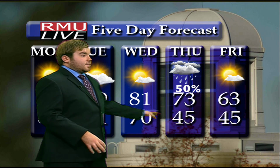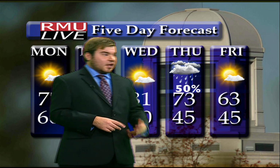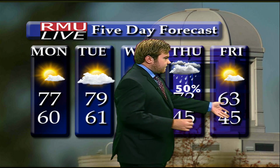A cold front's going to be coming through the area, and those temperatures are going to be increasing. Now, you're going to be noticing humidity creeping up too. For Thursday, I have a chance for showers in there. What's going to happen is Thursday morning, we'll be seeing a chance of rain. Heavy showers possible throughout the afternoon, but then look at the temperature overnight by Thursday night, 45. Much cooler, and for Friday, a high of 63, very cool, a little bit below average, and temperature 45 for